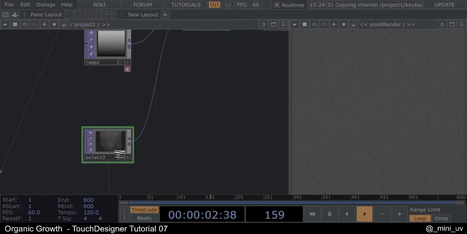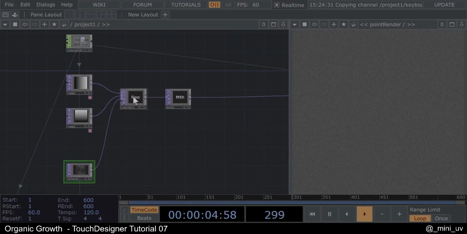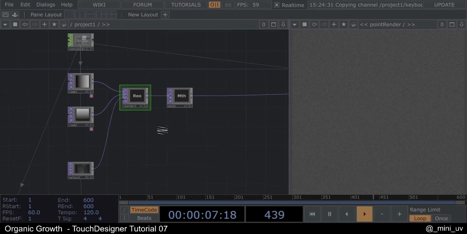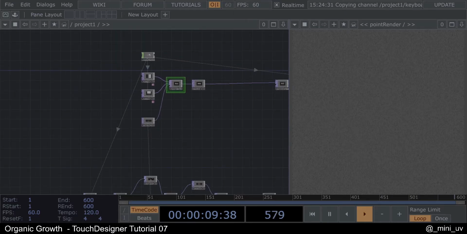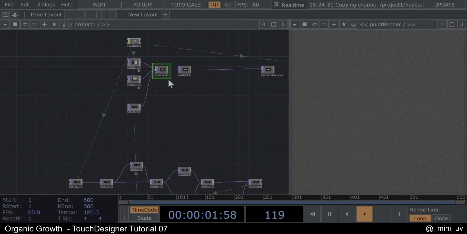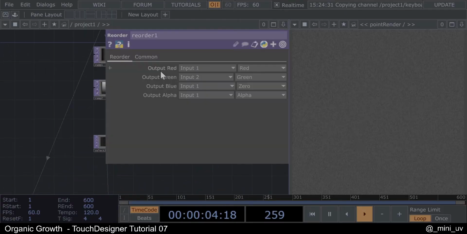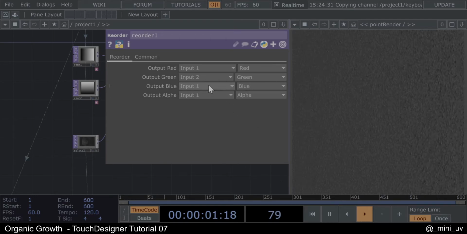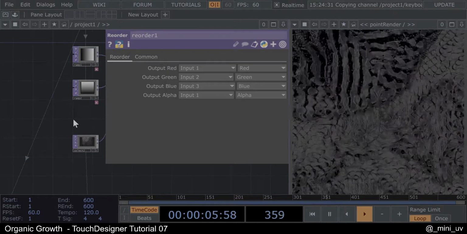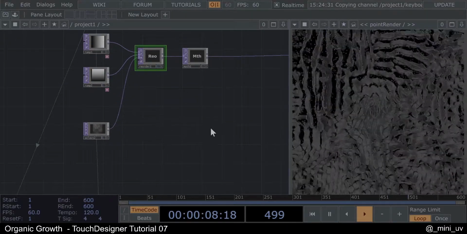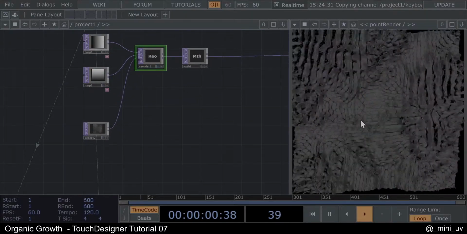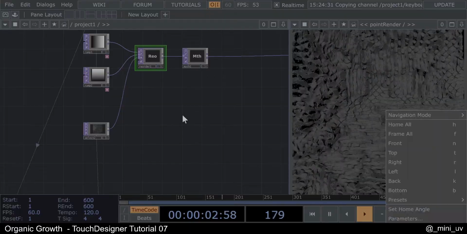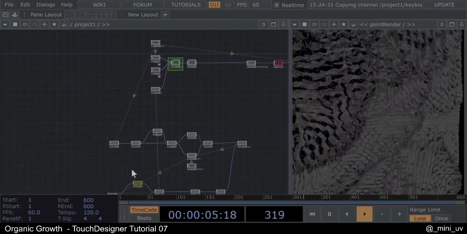Okay, now in the reorder we need to change the output blue to be blue and input 3. So you can see now that we have our growth,